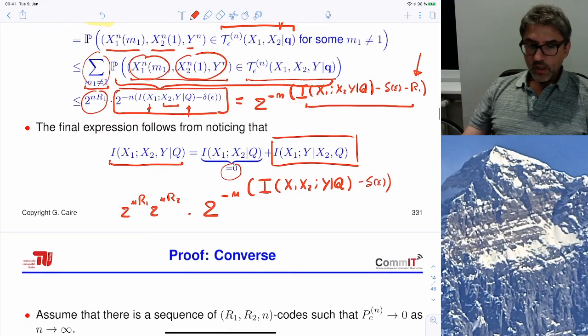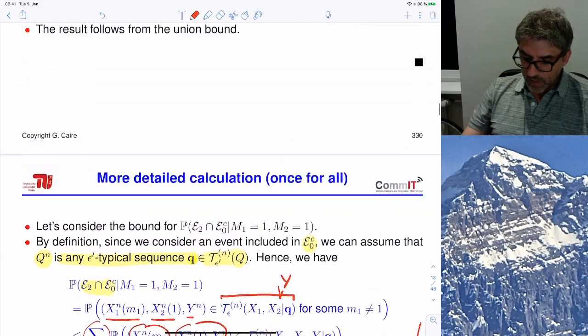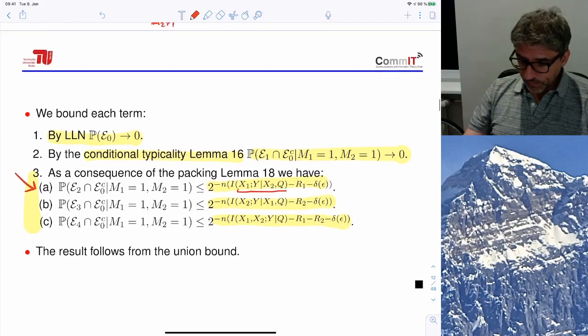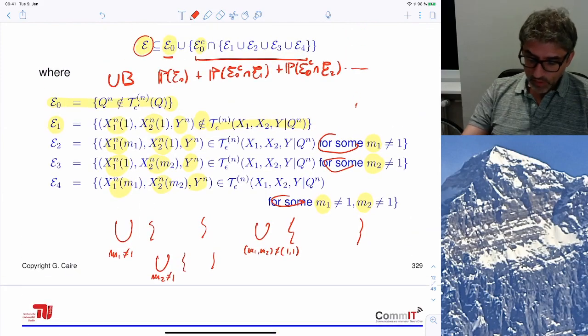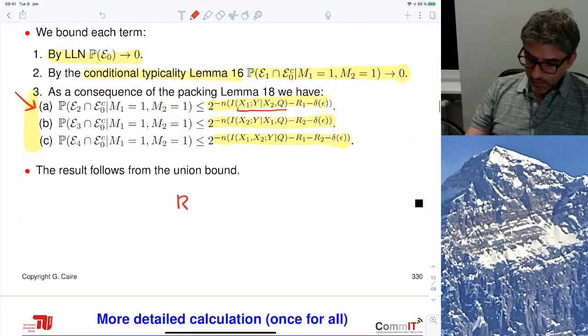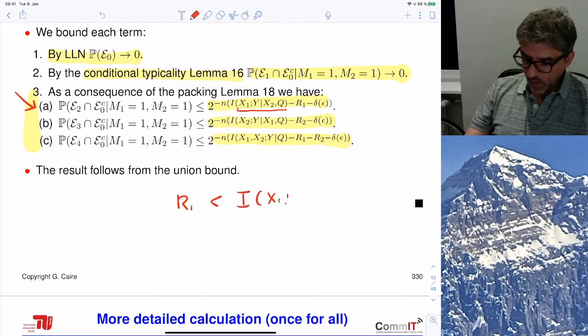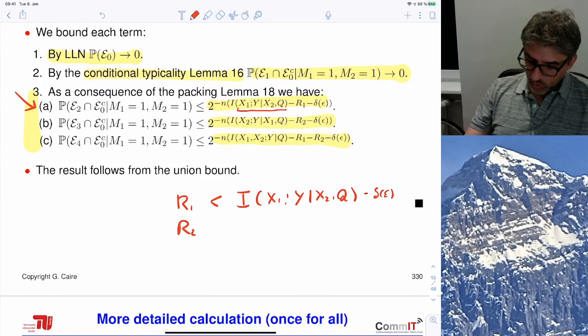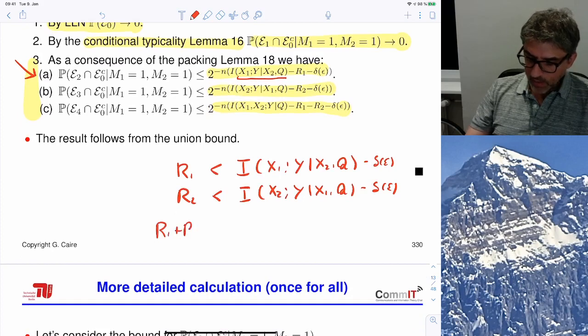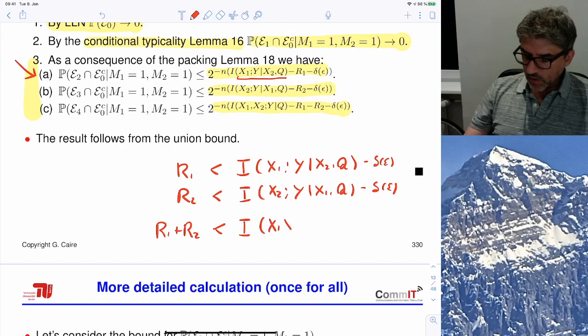So this is for the last inequality. Okay. So this basically proves the result because through the random coding argument, we have proven that as long as the rate R1 is less than the mutual information I(X1; Y | X2, Q) minus a small delta, R2 is less than the mutual information I(X2; Y | X1, Q) minus delta, and R1 plus R2 is less than the mutual information I(X1, X2; Y | Q) minus delta,